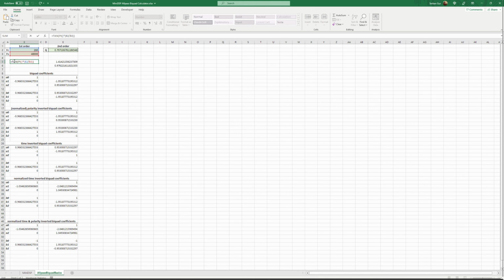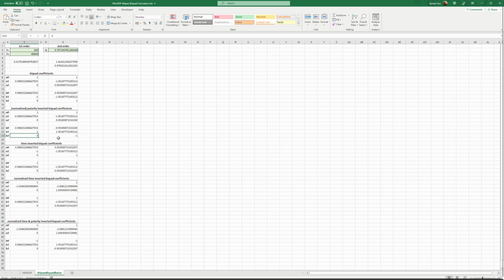And this tangent actually is wrapping it in the Z plane, but I won't go into details of any of that. And when you polarity invert a biquad filter, the B coefficients change sign. As you see, the A coefficients are the same as the original, and the B coefficients are multiplied by -1. So plus 0.96 becomes minus 0.96, minus 1 becomes 1, and 0 stays 0, of course.